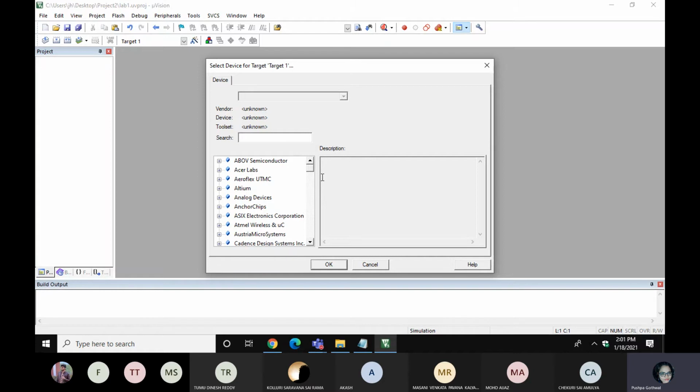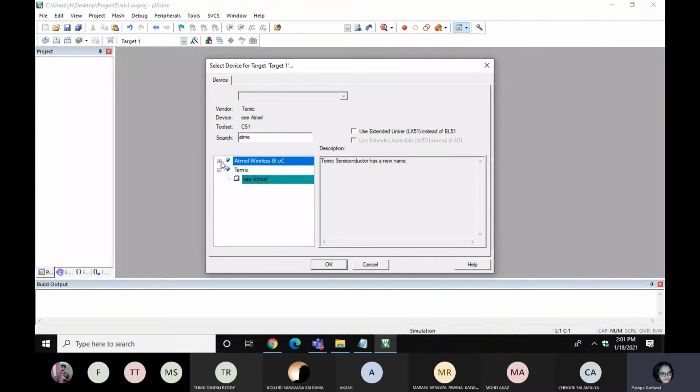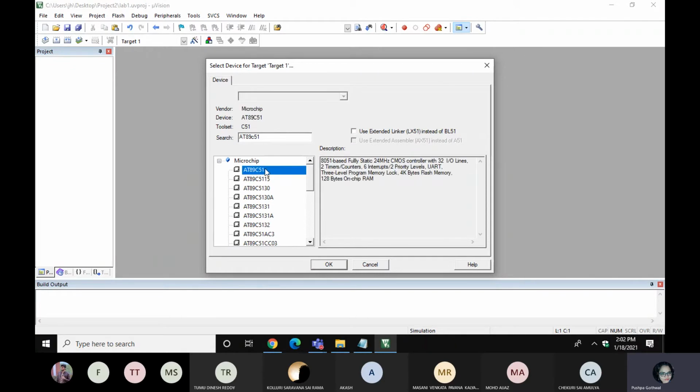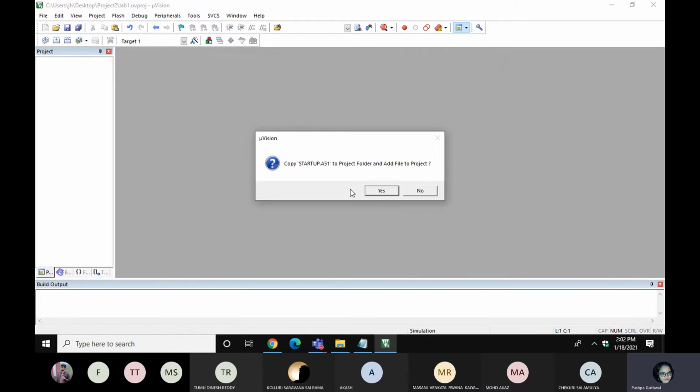Once you do this, it will show all the manufacturers which design the controller ICs. So you have to go to Atmel. See, you can see. Okay, so you have to write your IC name, AT89C51. This is your IC name. Okay, you write this one and you will get this particular IC. AT is nothing but Atmel and C is the CMOS technology.